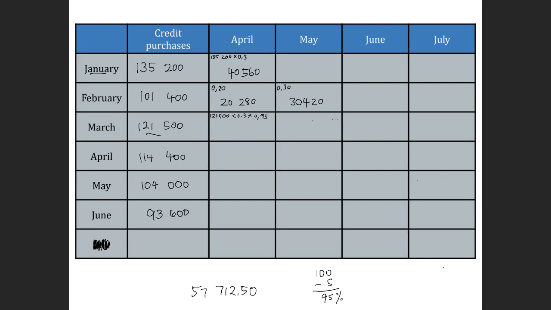We would have had to pay this amount, but because they gave us a discount, it's basically saying that you're paying 5% less. So instead of working out the 5% and then removing it, the easiest way is to say that instead of paying 100% of this full amount, we're now only paying 95% of it because we had received a 5% discount. So this is why we are multiplying by 95%. So here, this gives us an amount of